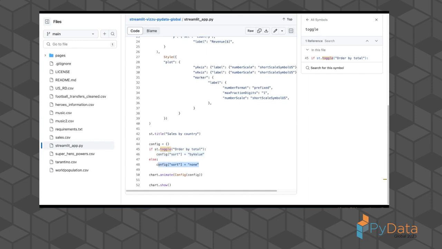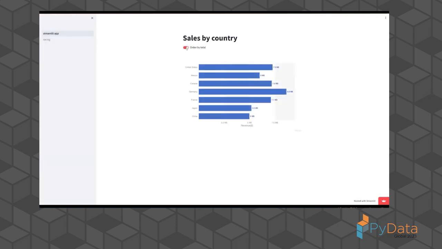And just to do that real quick again, just to make it clear what's going on there. That's what causes this. So the first animate sets up this basic chart, and then the second animate, it either filters by or orders by the total, or it orders by nothing. So essentially,